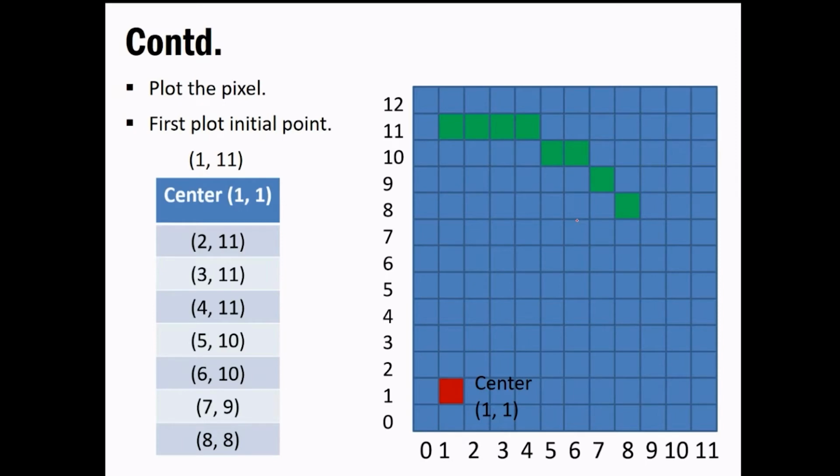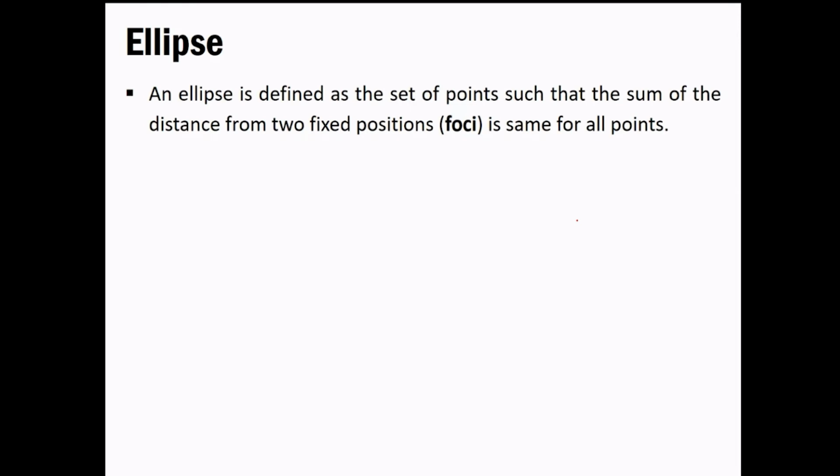So that's it for the midpoint circle generation algorithm. And today we are going to see one more new thing, that is ellipse generation. If a circle is coming, then an ellipse will come too, and we will go with a similar derivation, starting from the basics of the ellipse and then trying to get some values and equations. But you have to keep one thing in mind: an ellipse is a different thing, so you'll be operating in multiple regions. For an ellipse we'll have two regions, and for the two regions we have to get the decision parameters.